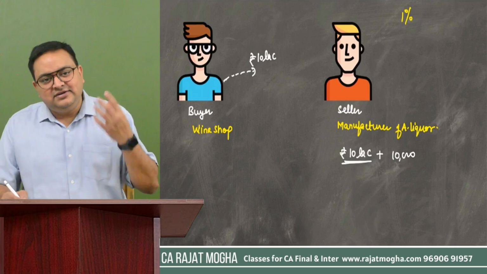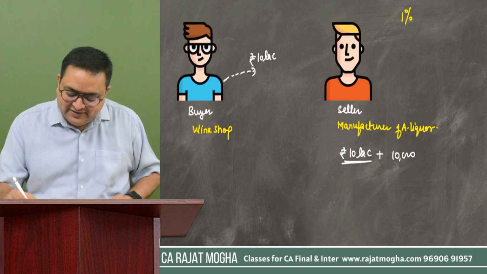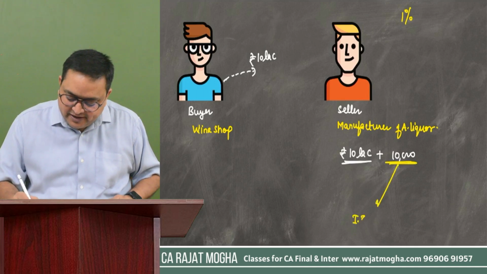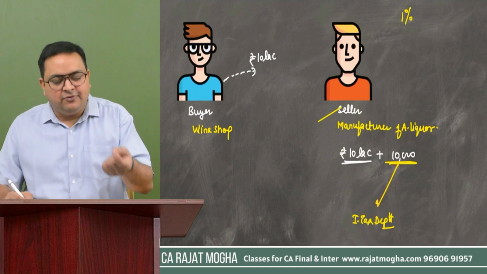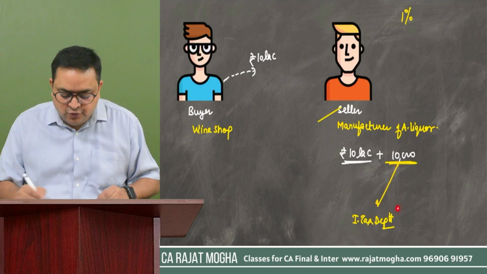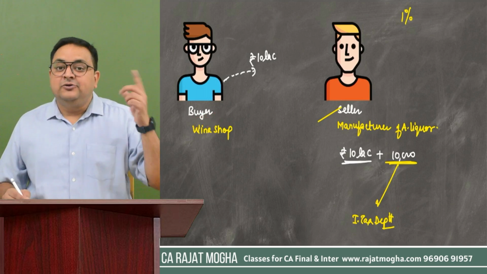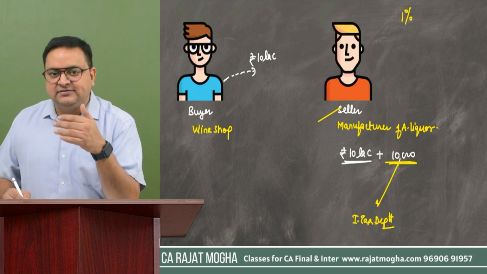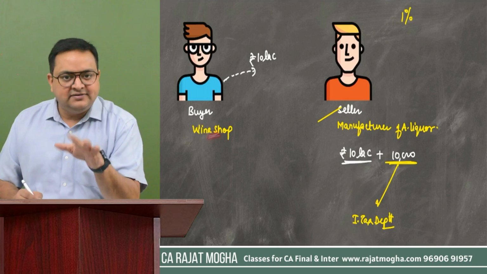We know that this TCS, he has to deposit to the income tax department, of course. So this particular 10,000 rupees, he is going to deposit to the income tax department. While depositing this amount, the seller will say, sir, this 10,000 is the TCS which I am depositing to you, and this TCS belongs to this buyer. Please give credit to that buyer, so that whenever the buyer will be furnishing his return after this previous year on or before the due date, this person might be furnishing his return also.